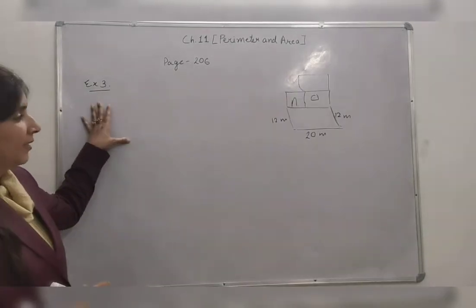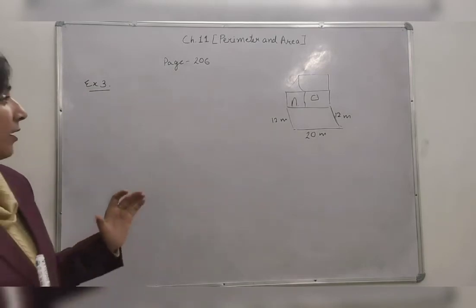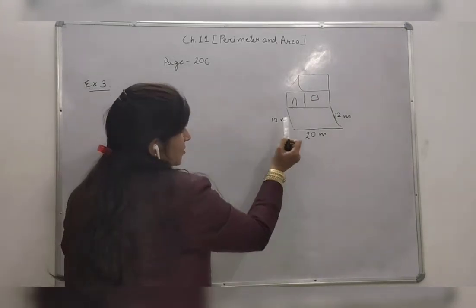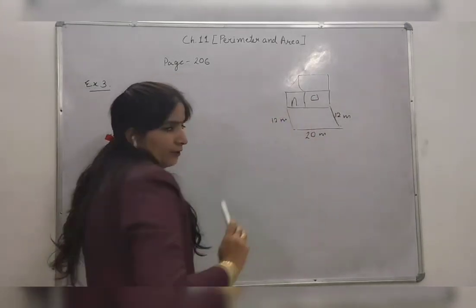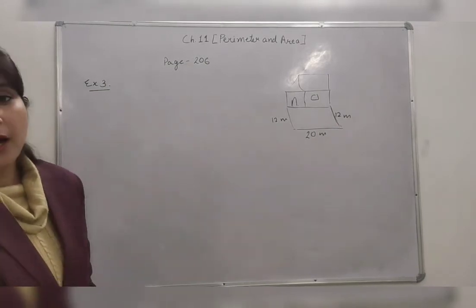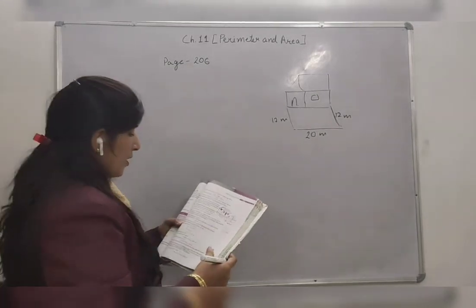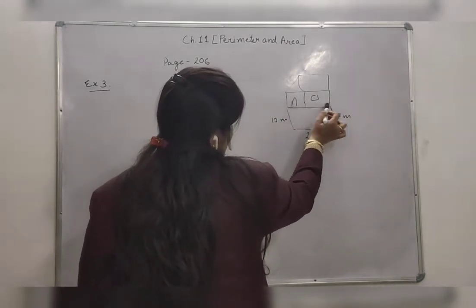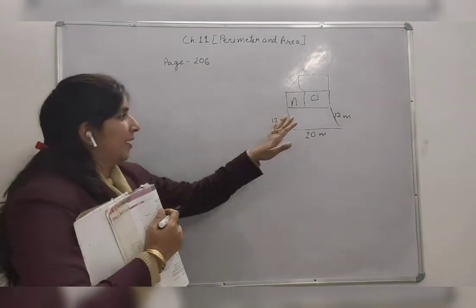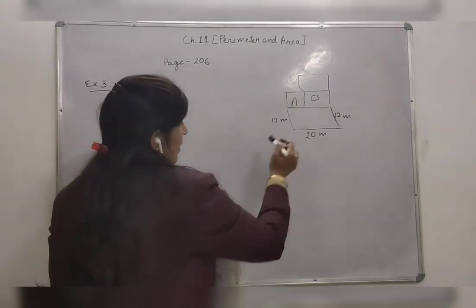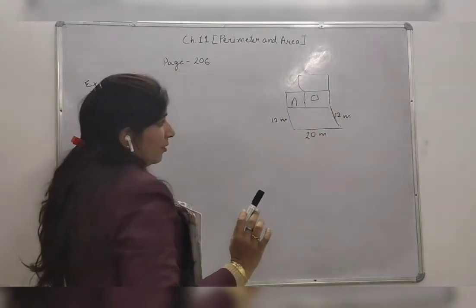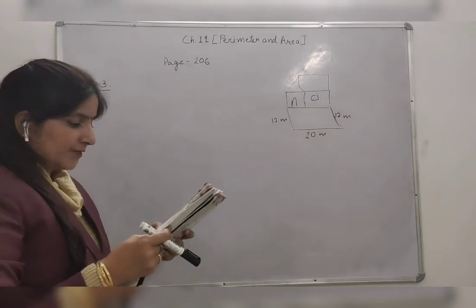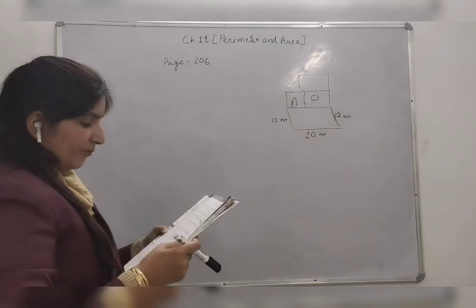Now students, example number 3. Let us start discussing this. There is a girl Anu whose house is this. And this is the garden of Anu outside the house. Now what does she want to do? She wants to fence this garden on 3 sides only, because the fourth side is occupied, it is their house only. Now she wants to cover 3 sides with the fence. The cost of fence is given to us, that is rupees 150 per meter.